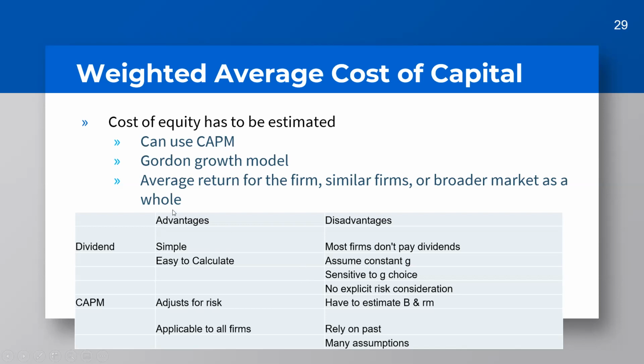risk consideration. CAPM, it adjusts for risk, right? So that's an advantage relative to the disadvantage of the Gordon growth model. And it's applicable to all firms, right? Whereas a lot of companies don't pay dividends. So it adjusts for risk, and it's applicable to all firms. It is also relatively easy to calculate once you at least get the hang of it. The downside to it